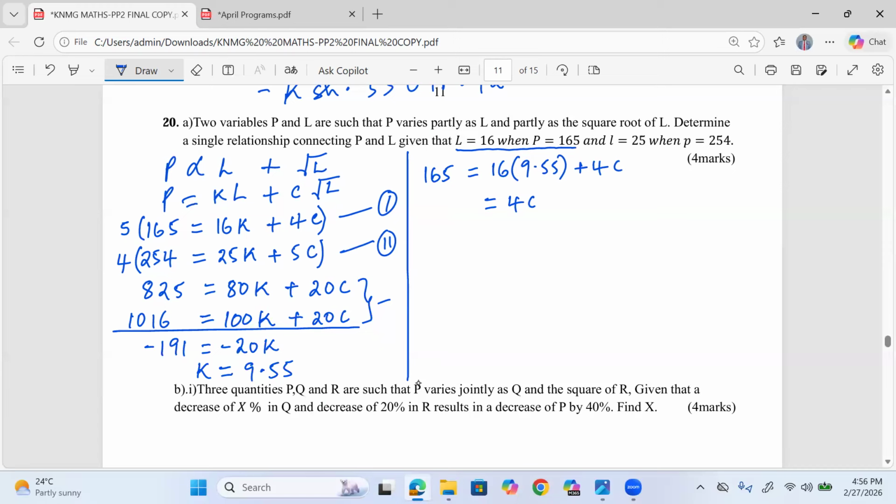Then we take 165 minus 16 multiplied by 9.55. This is going to give us 12.2. At this point now we can remain with C by dividing by 4 and we get